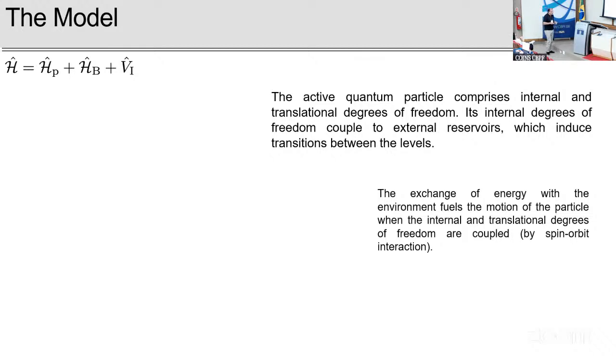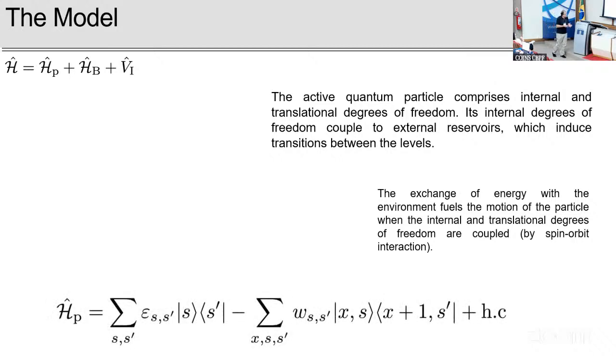Now, a generic form of this, in simple terms, is just having a Hamiltonian of a particle. Here we are just considering hopping on a one-dimensional lattice, but the fact that it's one dimension, and that it's hopping rather than continuous, is totally irrelevant for what I'm going to say. Simply, there is a term which describes the internal structure of the system. So S just labels the discrete levels. And then there is a hopping term.